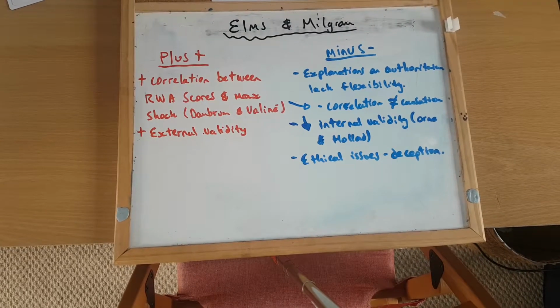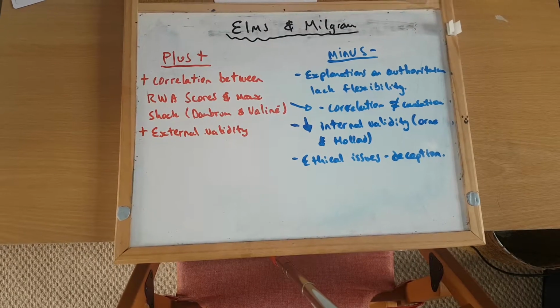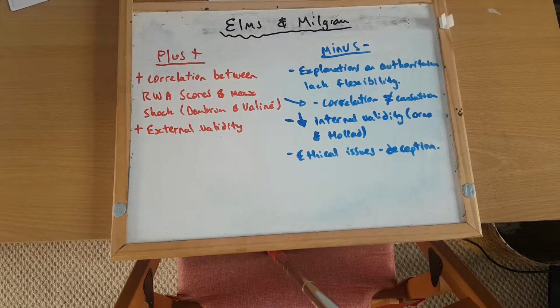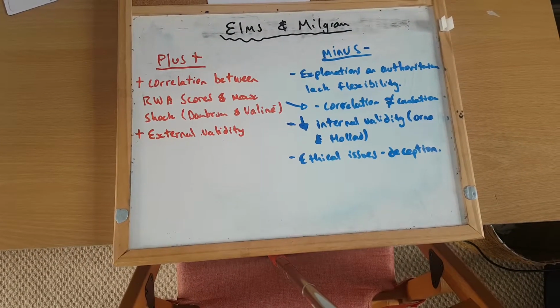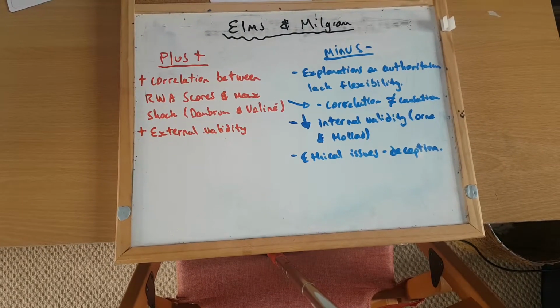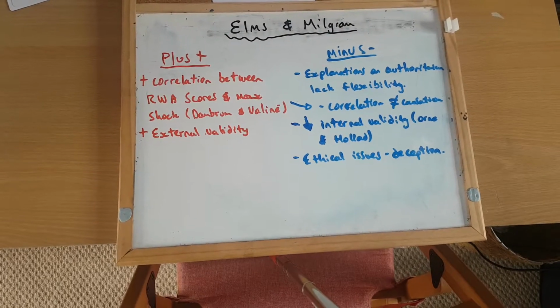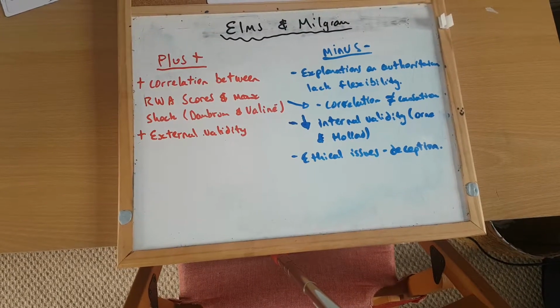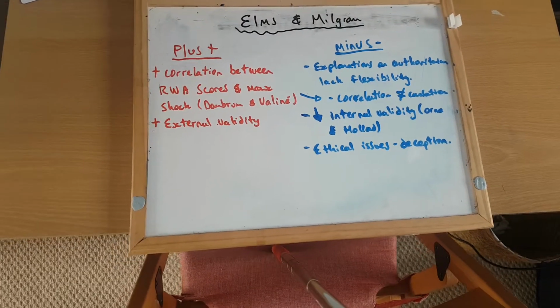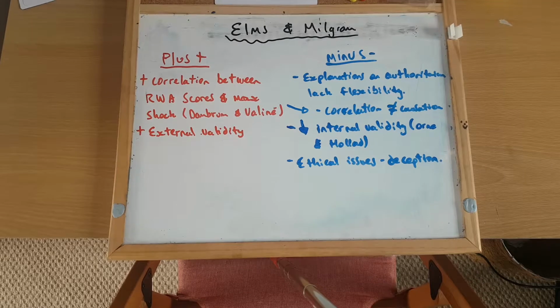So yeah, it had high external validity, which is kind of a surprise because it was conducted in a lab, and most lab studies don't actually contain high external validity, but this was the sole purpose of the study. The authoritarian figure was the researcher in the lab coat, and then the participant was obeying these orders, and this is why it has high external validity.